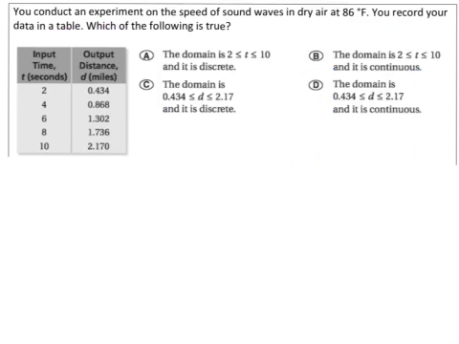Now we have a multiple choice question that's also talking about domain and if it's discrete or continuous. It says you conduct an experiment on the speed of sound waves in dry air at 86 degrees Fahrenheit. You record your data in a table. Which of the following is true? So we're talking about the domain here. As we've talked about this entire time, the domain is the input. We're really only looking at this column right here, guys. Okay, so we're talking about time in